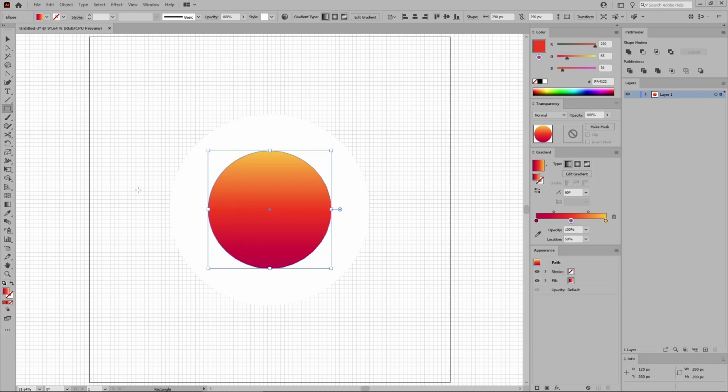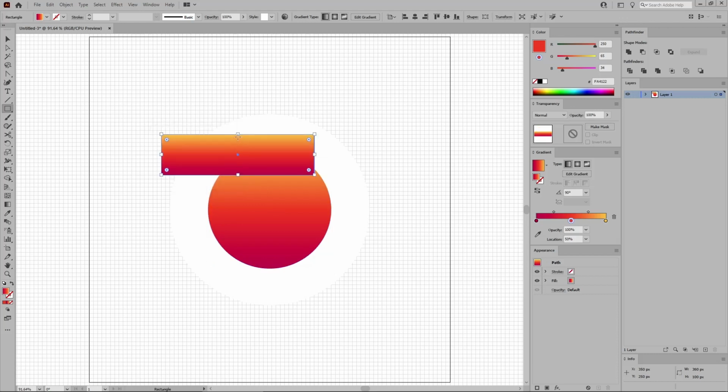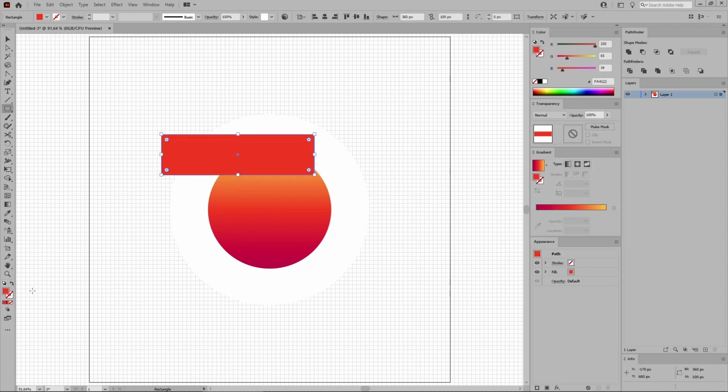use it to create a 360 by 100 pixels shape. You can do this manually as we did with the circles, or much easier, you can just click on your artboard, enter 360 for the width and 100 for the height, and click OK to create your new shape. Let's replace this linear gradient with a flat color. Make it 252,